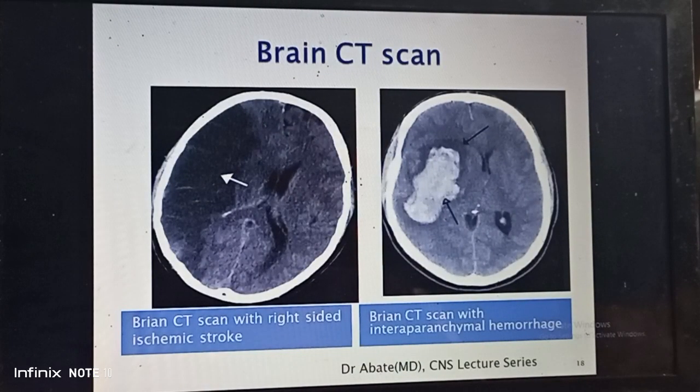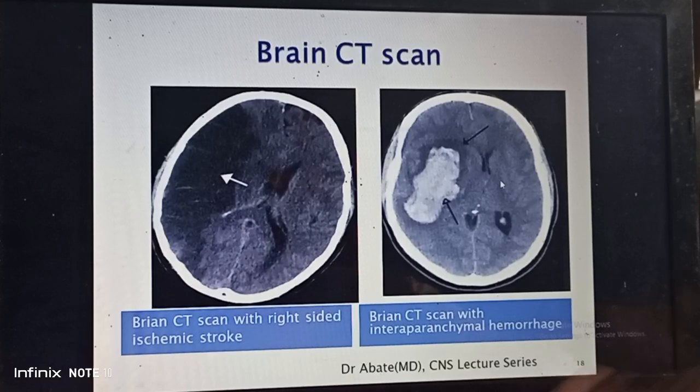So this is the brain imaging. You see, it is the CT scan of the brain. The image on the left side shows you a massive infarction. You see, this is the infarct part. There is massive infarction on the right side of the brain. Here you see, on the right side of the slide,